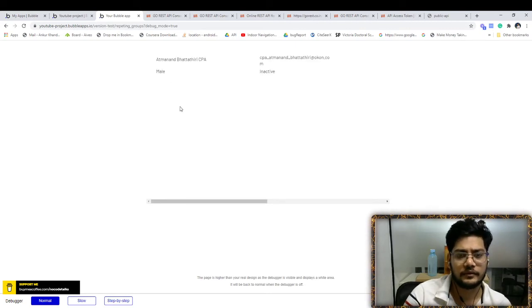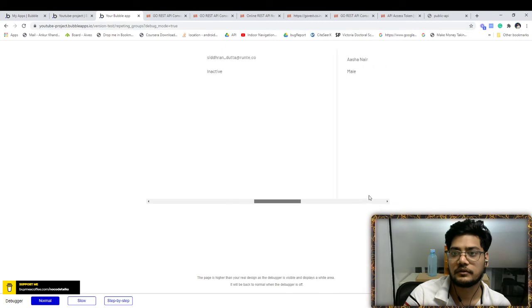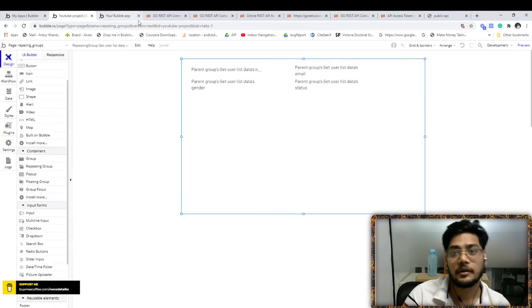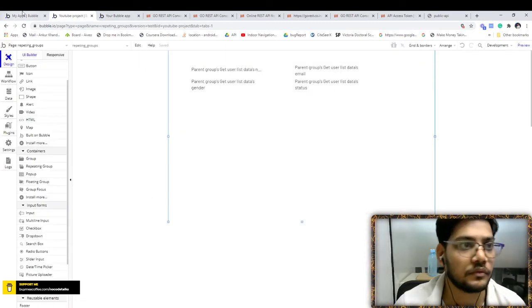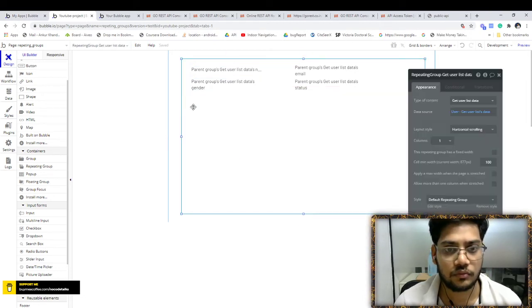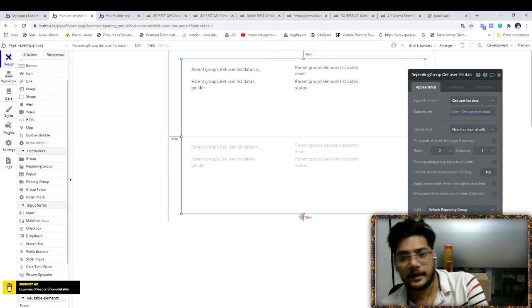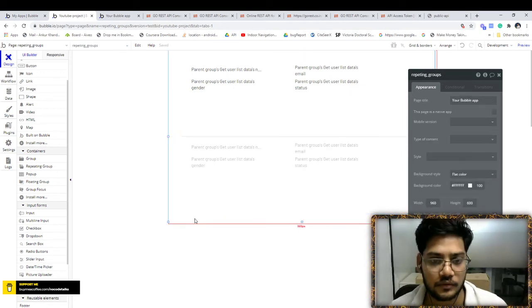Horizontal scrolling is very easy, you just scroll horizontally. This is the power of the repeating group. With a fixed number of list items, we will put in pagination.